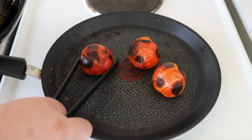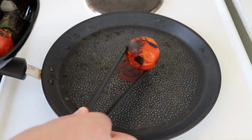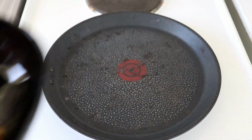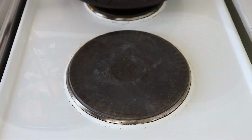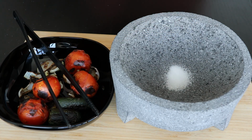You can still leave them there. You can burn completely the whole skin and it wouldn't matter. I'm going to leave it like this because I've taken most of the ingredients out a bit early, so I'll keep it consistent. I finally have my mortar here with all my ingredients, and I'm going to start by adding some